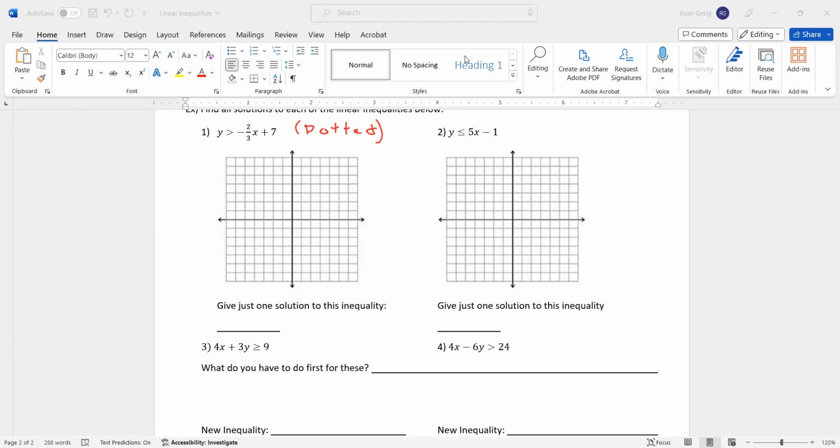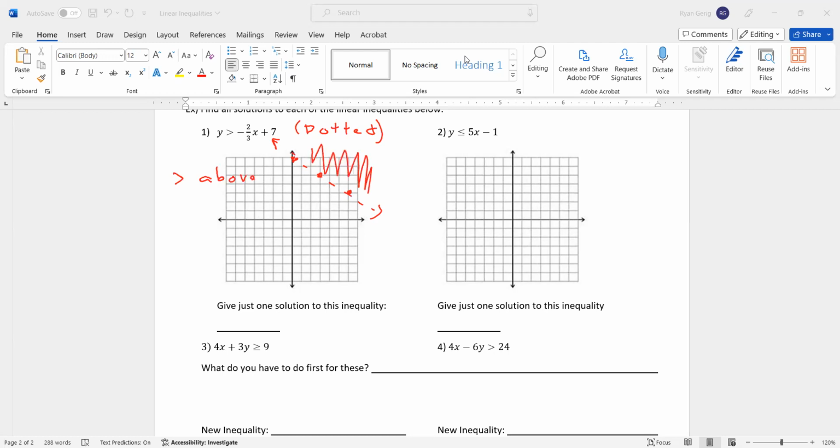Now I'm just going to graph it like I did earlier in the unit. Go up to 7, down to right 3. I'm going to do it again. And before I draw the line, I'm going to make sure it's a dotted line. Okay, and then I have to shade one side or the other. This one's in slope-intercept form. It's greater than. Greater than means above. So above the line